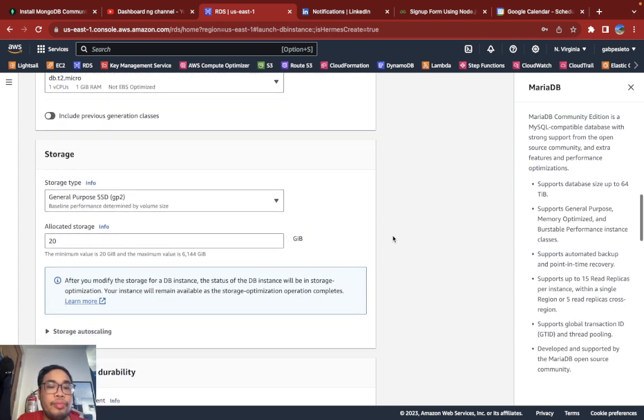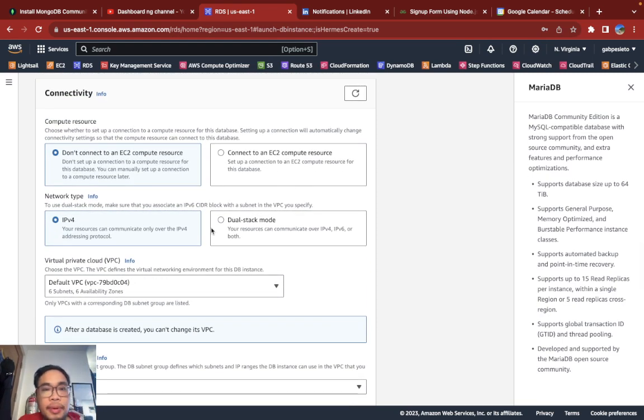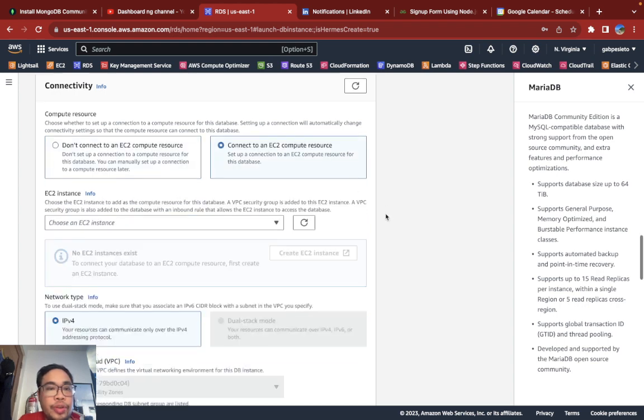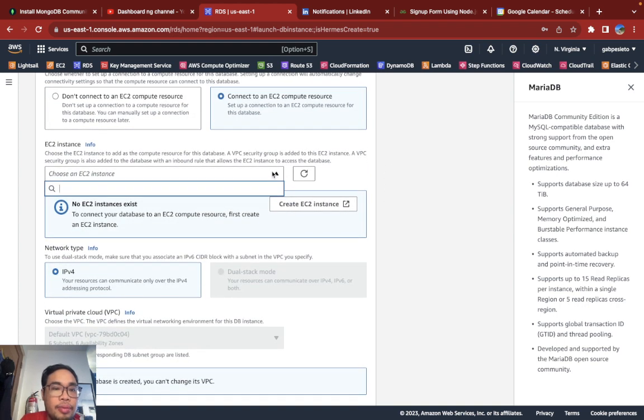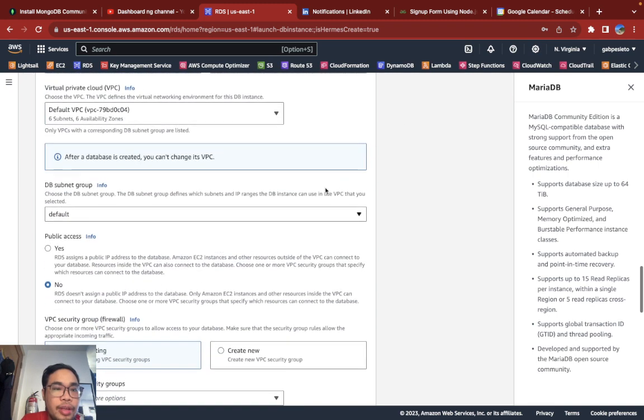So connectivity IPv4, we should connect, but we haven't created an EC2 yet, so let's just put on connect. We can connect to it later.